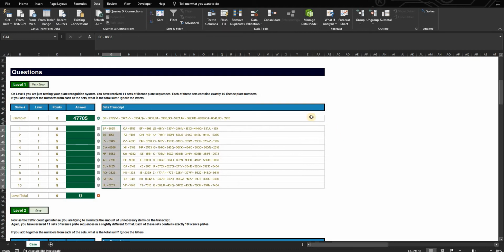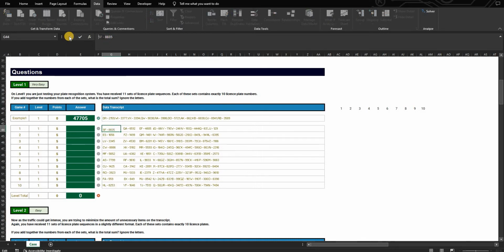Okay, and now that I have that, I want here to have, let's say, the right part of it, and what I know here is that it's always a length of 5. Or I can just copy paste that for further purposes. What I'll do is RIGHT on that,